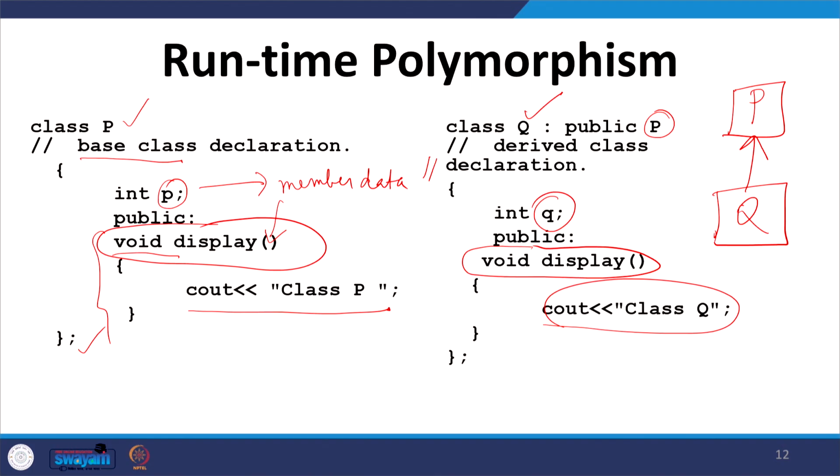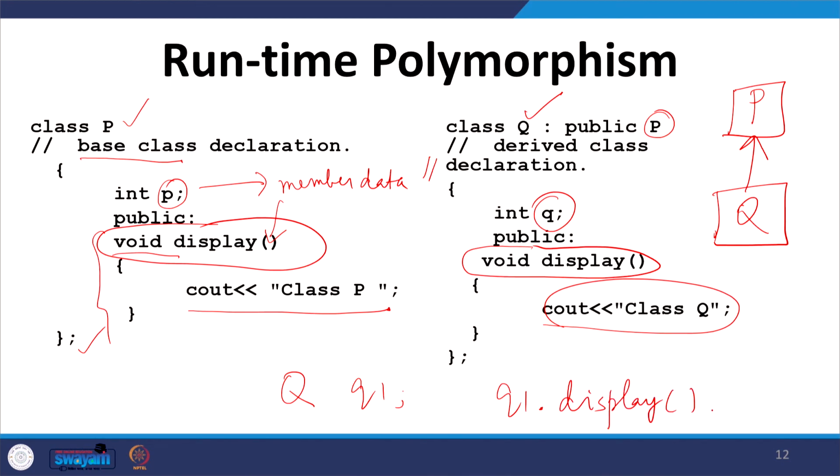So, now the question is, suppose I have an object Q1. This is C++ code only, I put it like this: Q1, I am creating an object Q1.